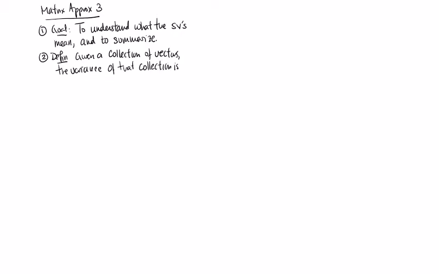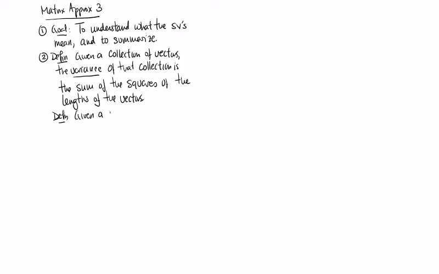This is just the sum of the squares of the lengths of the vectors. And so coupled with that, if we have a matrix which we can think about as a collection of vectors,